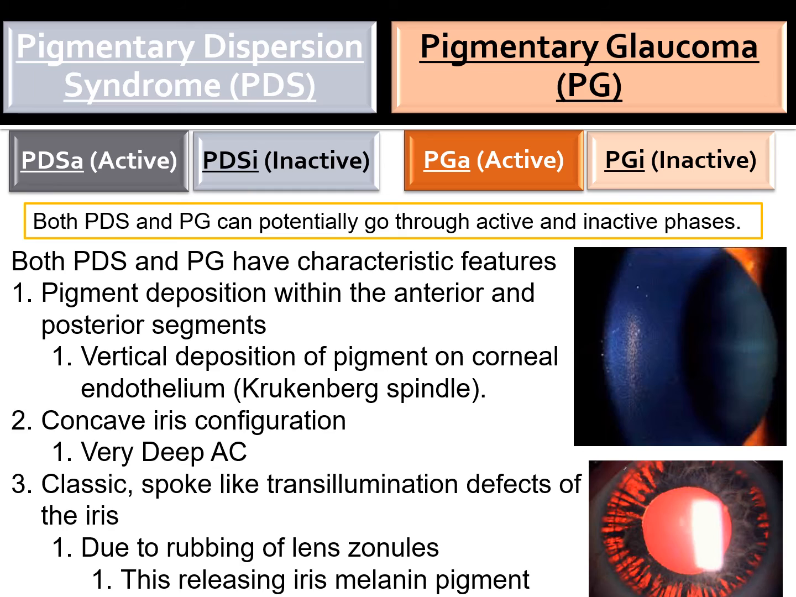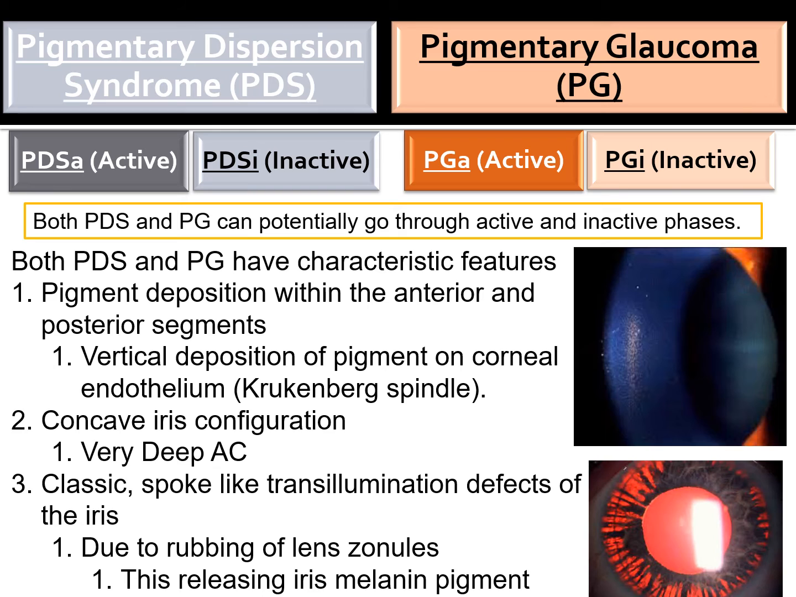So you do the pressures and the pressures will be perfectly normal. But it can morph into pigmentary glaucoma. That's when the pressure starts going up. And both of them can potentially go through active and inactive phases. So there's PDS-A, active pigmentary dispersion syndrome, versus inactive. So the classic signs, the triad is